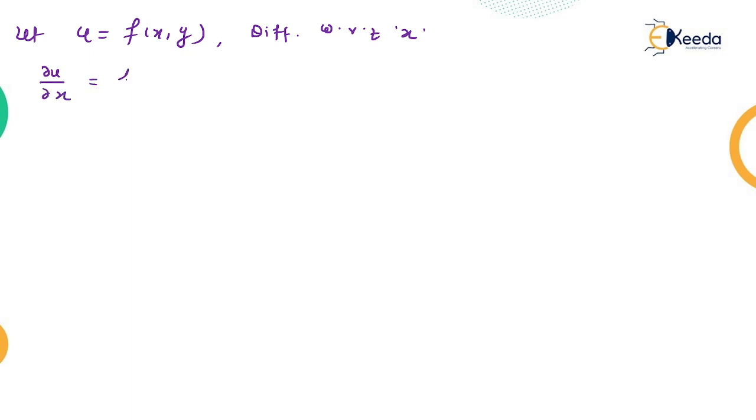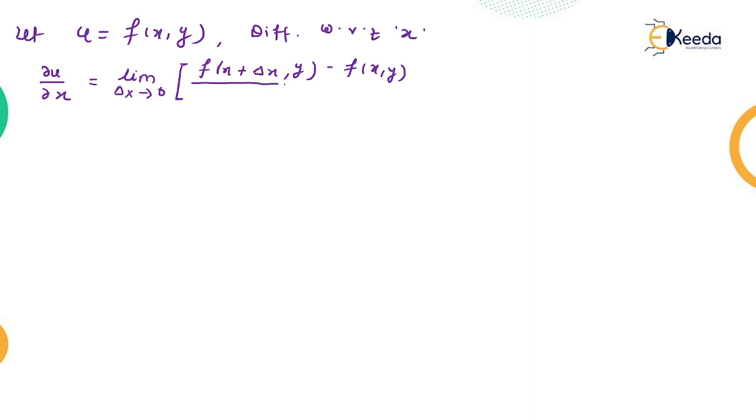This is nothing but ordinary differentiation, and it can be denoted by limit del x tends to 0 of f of x plus del x comma y, minus f of x comma y,